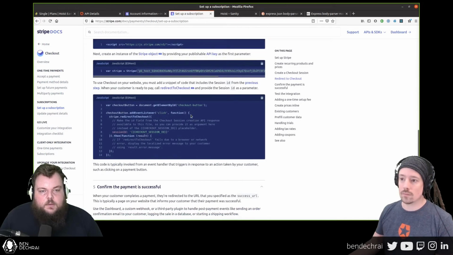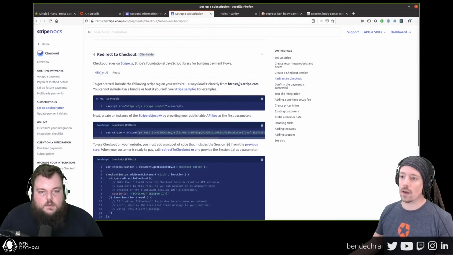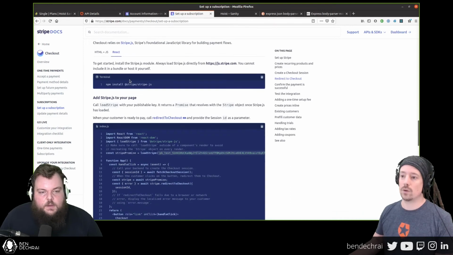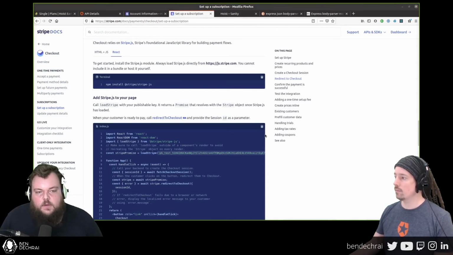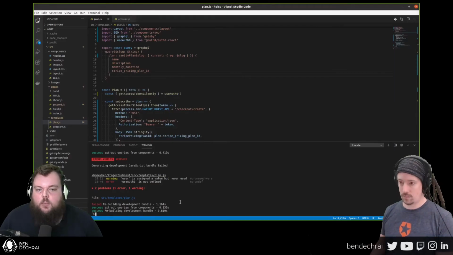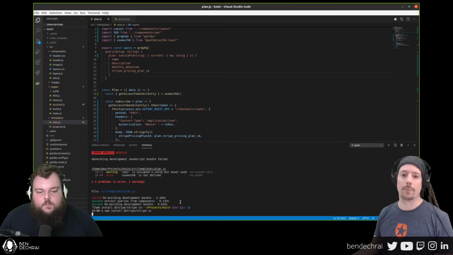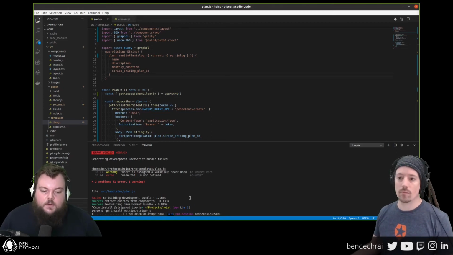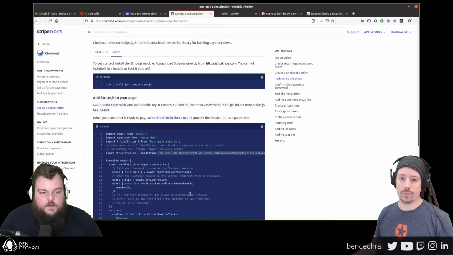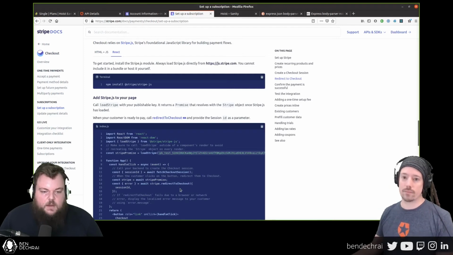And so here, there's actually a React tab. If you scroll up a little bit. Yes. Lovely. And then we can use the... So we need to install this one? Yes, the Stripe.js wrapper. So that really is a wrapper for the client side Stripe.js library to allow you to import it as an ES module. Yeah, the important thing is that Stripe.js always needs to be loaded from the Stripe servers because of PCI compliance and such regulation. You always want to make sure that you get the newest script and don't host anything yourself. Can't be modified by somebody else. Exactly,